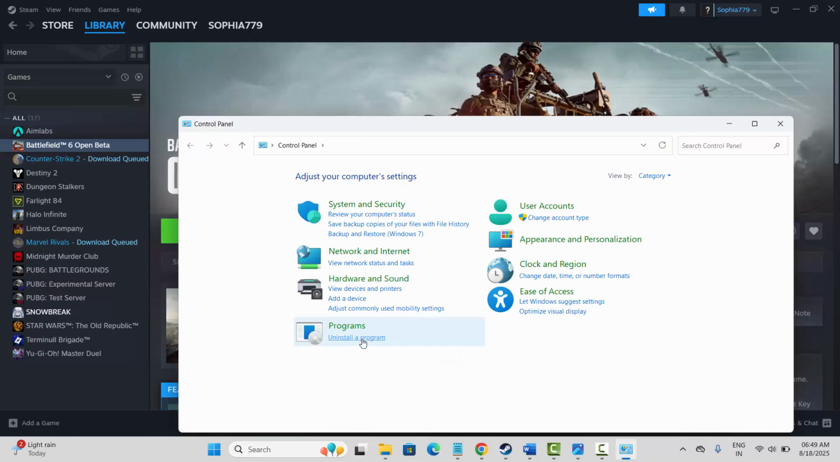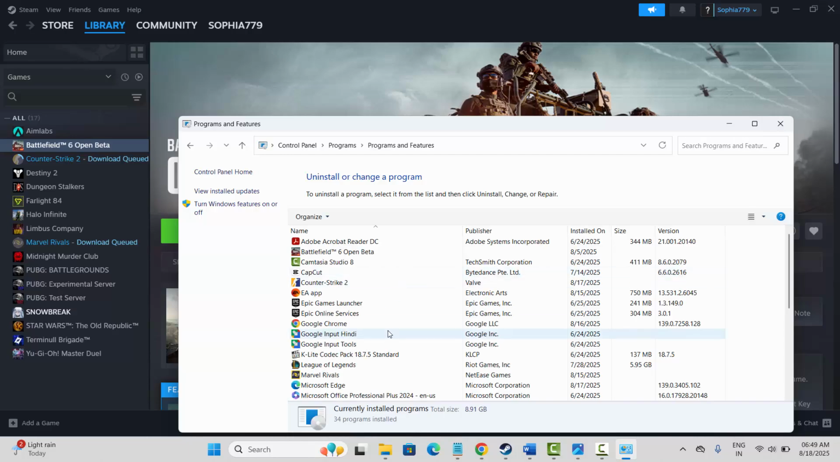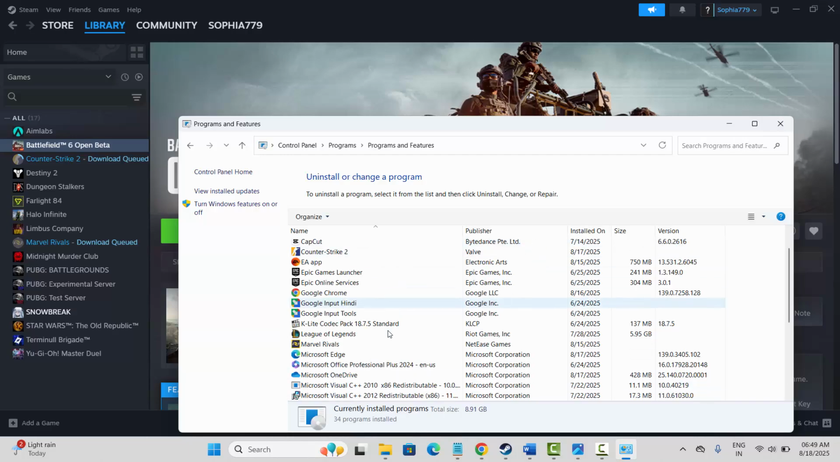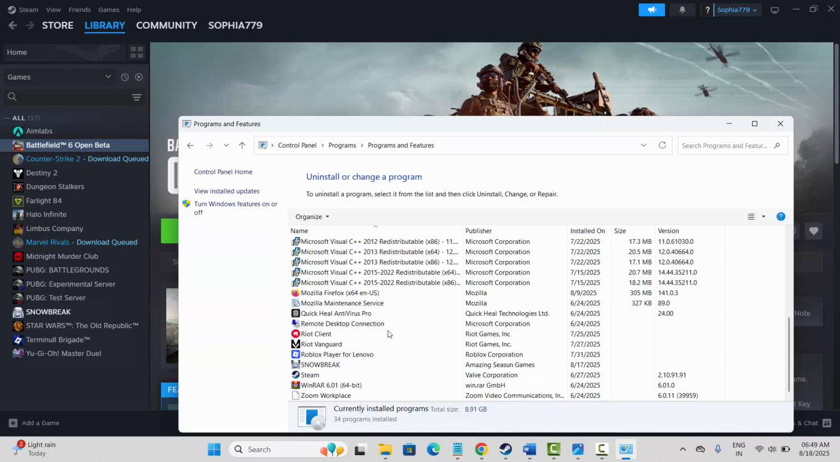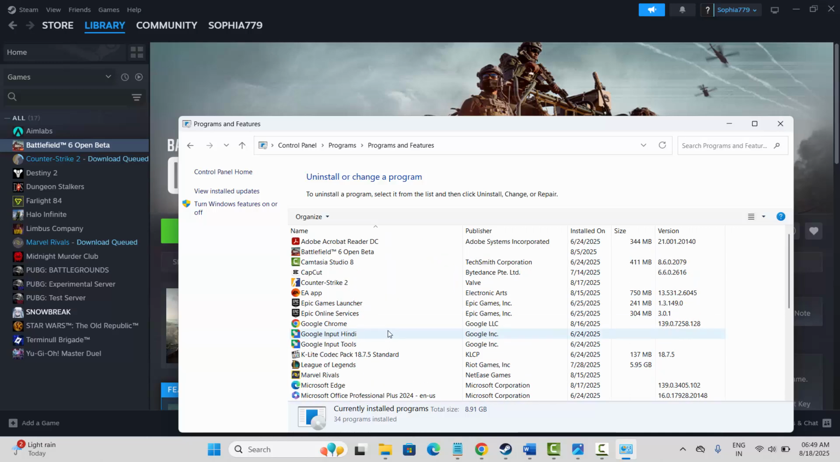panel. After that, click on uninstall a program, and here you need to search for NVIDIA graphics driver and simply uninstall it. After uninstalling it, also uninstall the NVIDIA graphics app. After that,